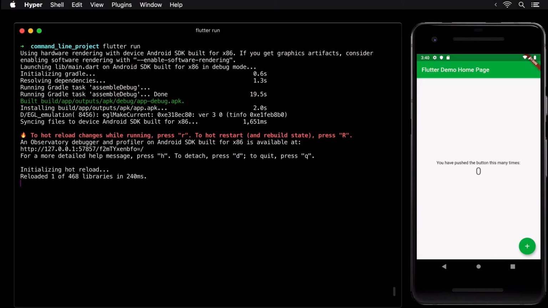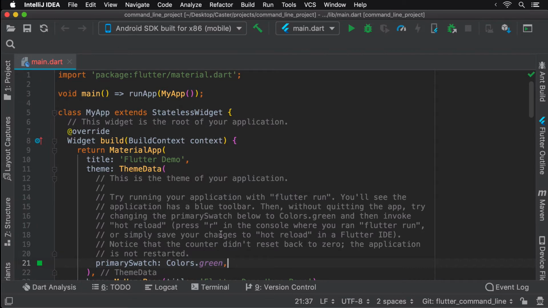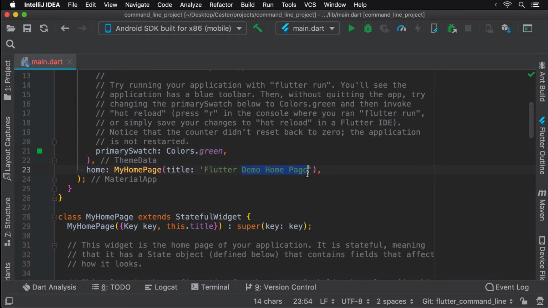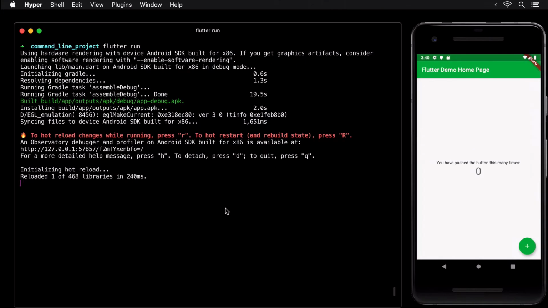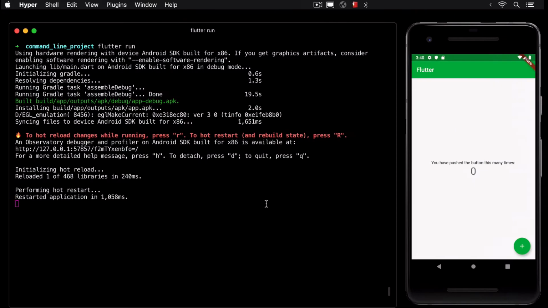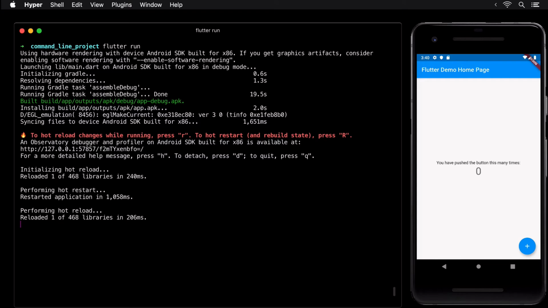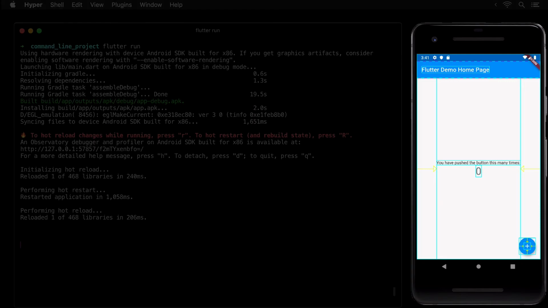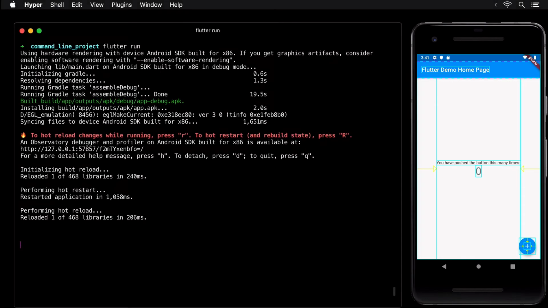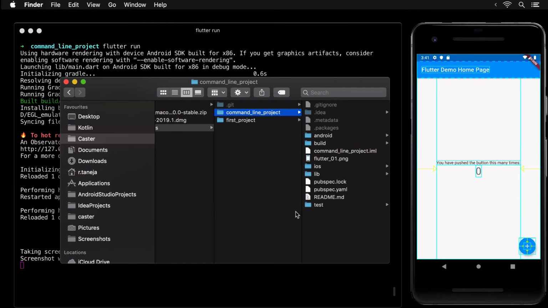Next, let's change the title of the app bar and this time use hot restart instead of hot reload. So hold the shift key followed by pressing the R key, since a hot restart is executed using a capital R. You can also toggle debug paint using the P key on the keyboard. The debug paint mode makes it easy to visualize the space occupied by the widgets. To quickly take a screenshot of this, just press the S key in the terminal. The screenshot then gets saved in the project's directory.